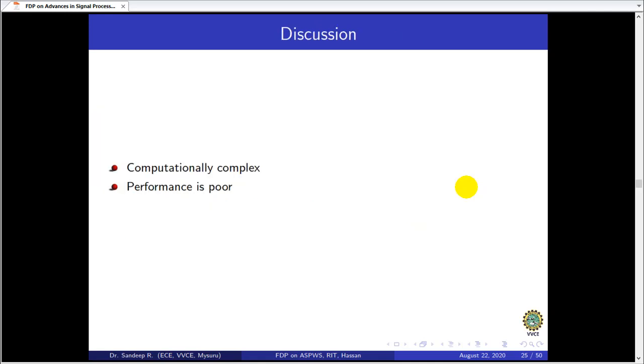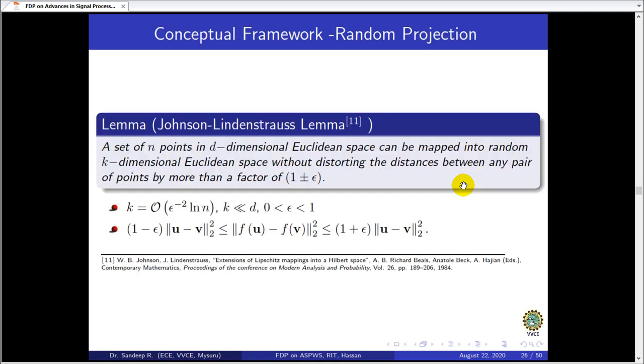Okay, so that was based on a radial projection technique. Now let us move on to the next technique, that is nothing but the random projection based video hashing algorithm. Okay, so before going to that, we have to understand what is the importance, or what is the idea behind